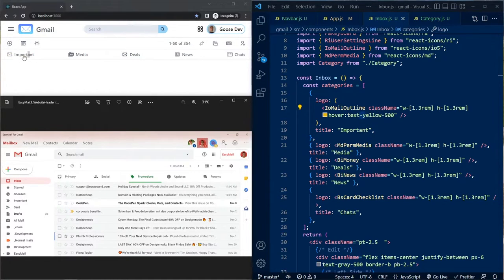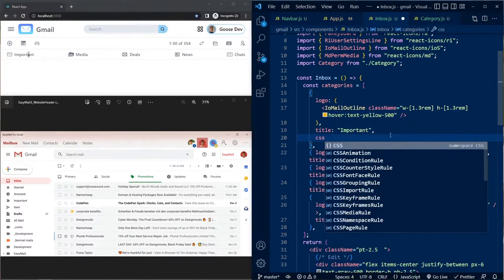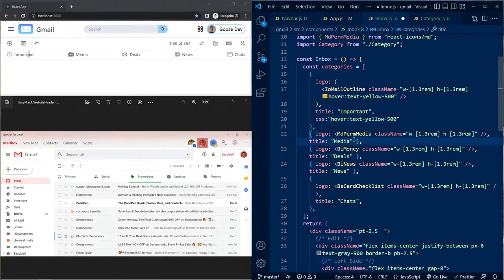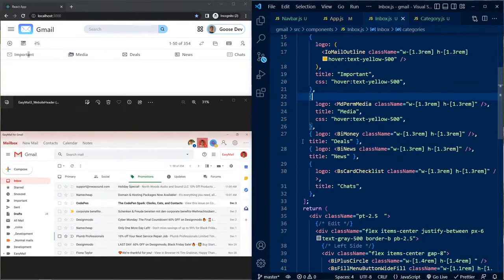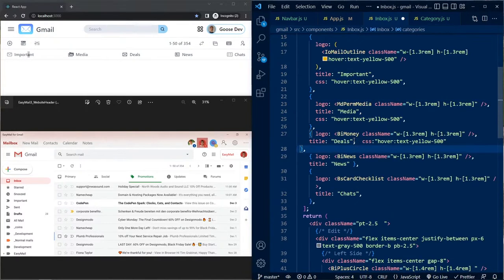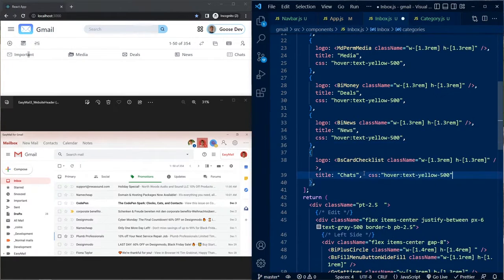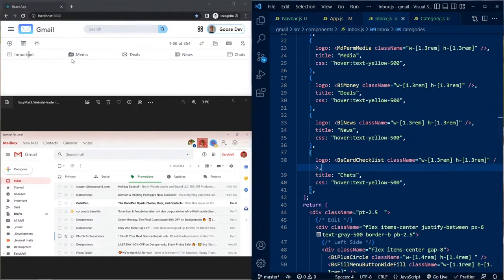Now I want the text to be yellow as well, so this is gonna be a little bit difficult because we have to give a CSS styling as well. So I'll say CSS, and we need the CSS for the text. So this CSS should say text on hover text yellow 500. Copy. Now we'll need this thing for each individual object. So I'll add it here as well. I'll add it here as well. I'll add it here as well. Like this. And now when you hover over them, nothing is happening